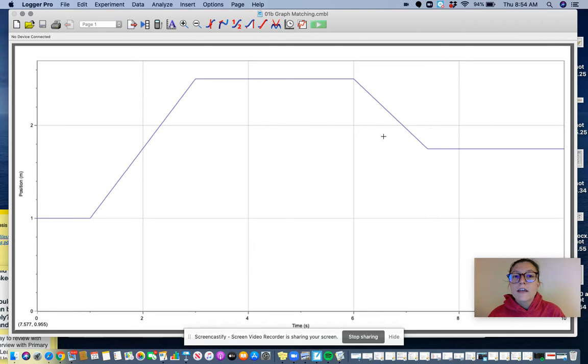Once you click Open, that graph will appear on your screen. When you plug the motion detector into your Mac and press this green button for play, it will show you your motion relative to the graph,